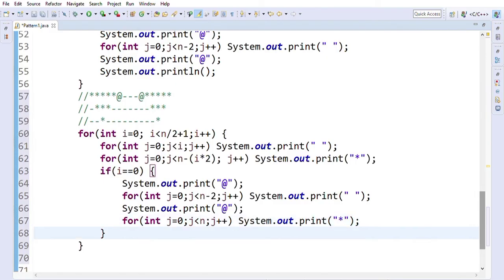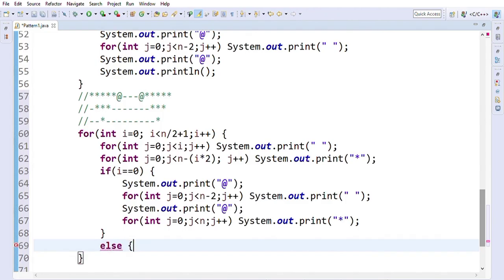And if i is not equal to 0, then we have to write the code in the else part.